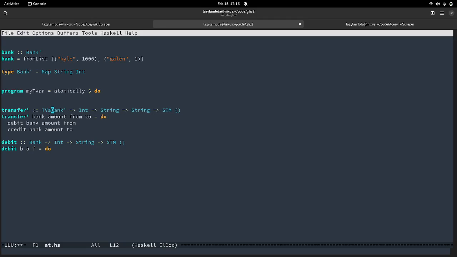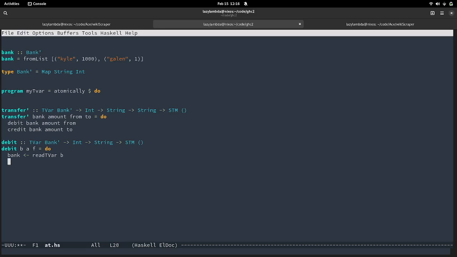This would actually be a TVar of bank. We wouldn't have the bank, but a reference to the bank. And so we'd say bank is read TVar of b.